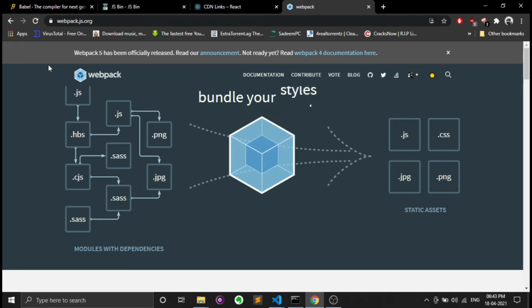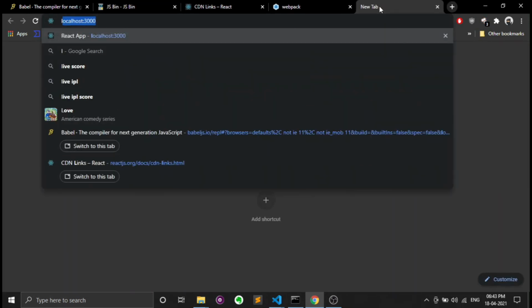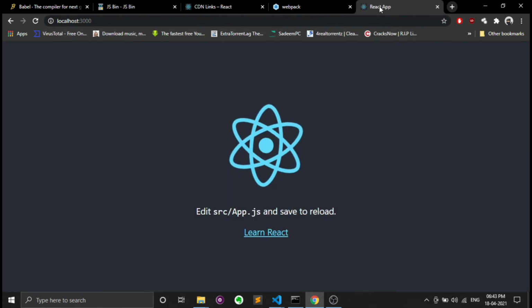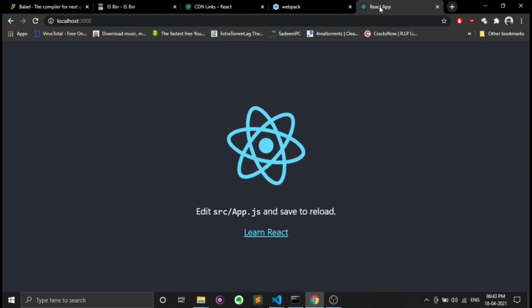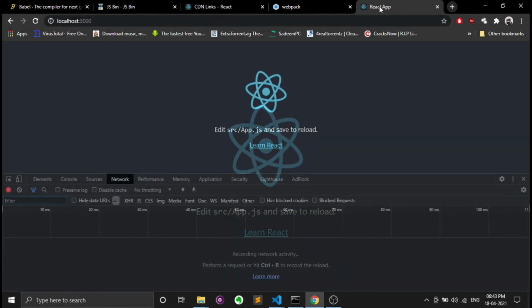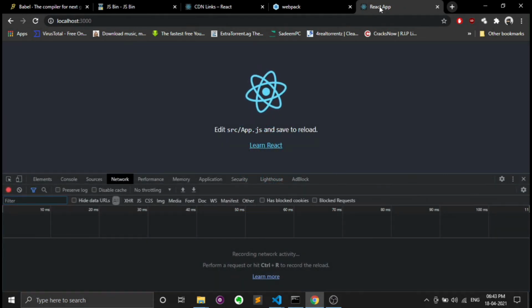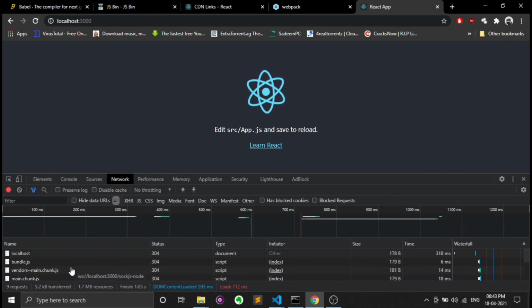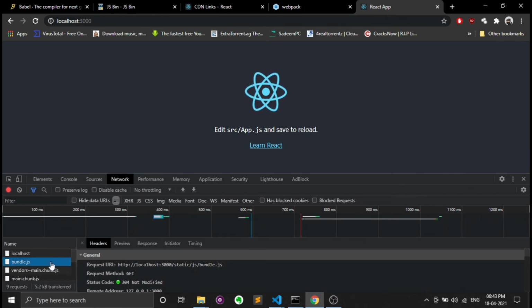In this project, on localhost 3000, we can see Webpack combine the JavaScript into one bundle.js file, which you can easily see in the network tab. When we refresh, you can see the bundle.js file here. So this is the structure of a React application.